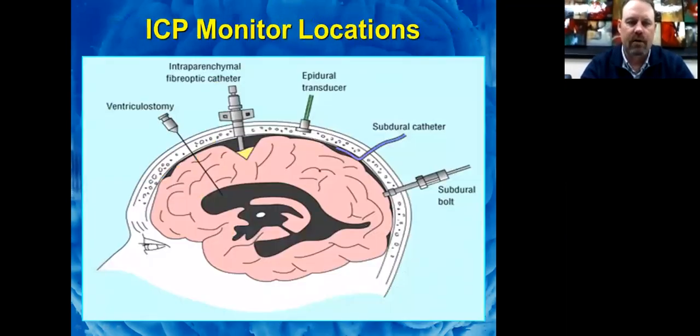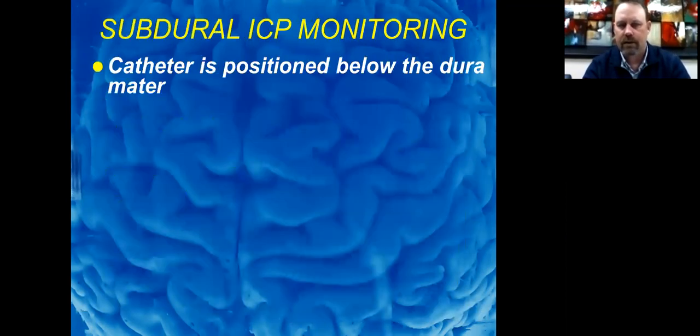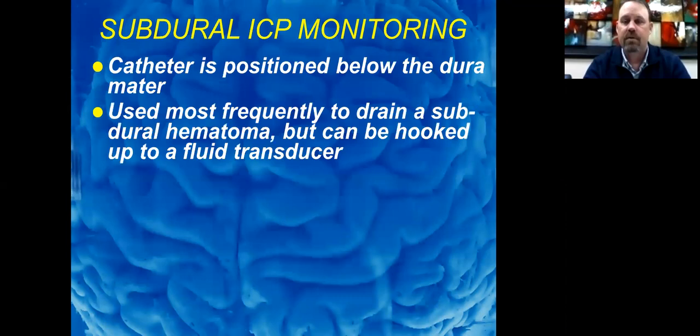Here are the different types: ventriculostomy, intraparenchymal, fiber optic catheter, epidural transducer, subdural catheter, and a subdural bolt. Let's talk about these. Subdural, of course, the catheter is positioned below the dura mater, used most frequently to drain a subdural hematoma, but can be hooked up to a fluid transducer,